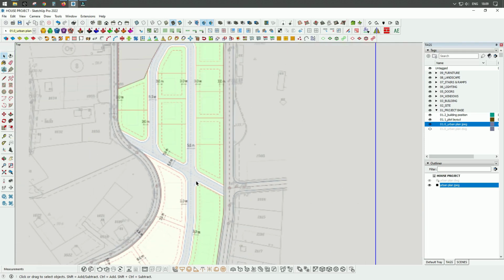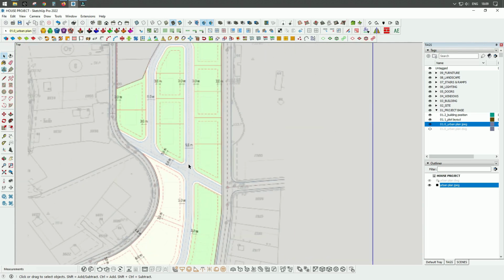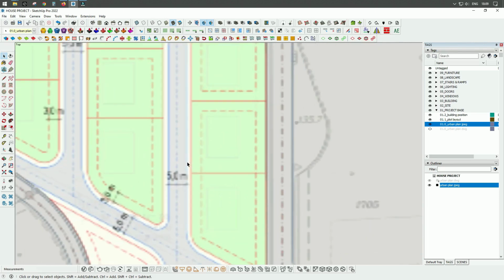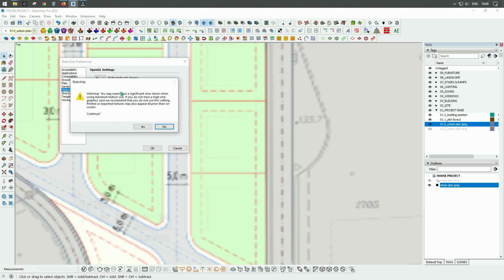I cannot see the numbers, the lines, and in order to arrange this, I could go to the main menu bar, to the menu window, and here in the program preferences, in the OpenGL menu, I have an opportunity to use maximum texture size or not by checking or unchecking this box here. I will check this box, and I will receive a warning from the program that probably this action will